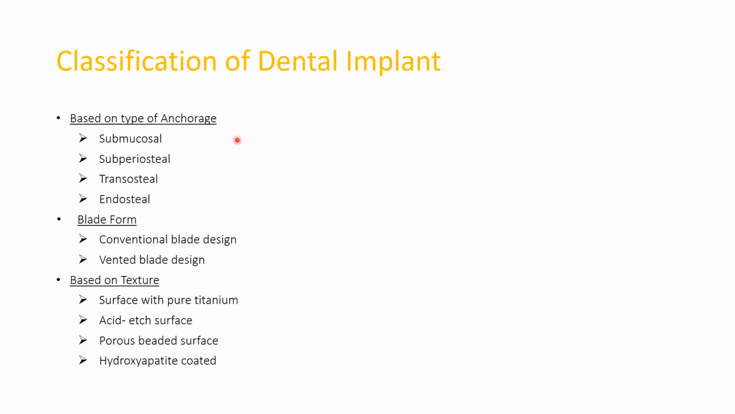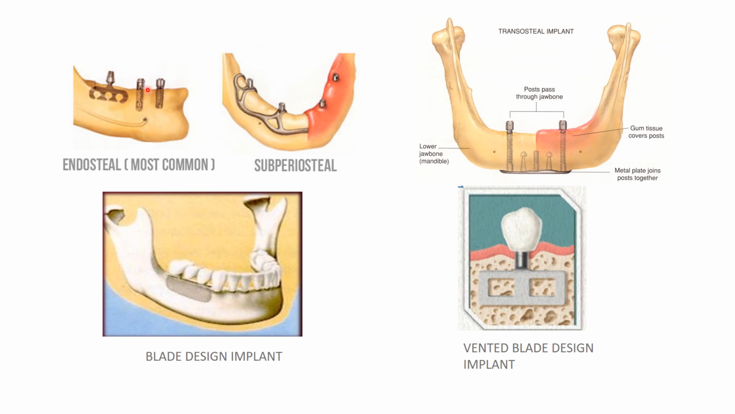So coming to classification of implants, based on the type of the anchorage, the implants may be classified as submucosal, subperiosteal, transosteal, endosteal. And based on the shape of the implant, they may be classified as blade form implant, such as a conventional blade or a vented blade design. And based on the surface texture, the implants may be either a pure machine titanium implant, or it may be acid etched surface, also known as SLA, and it may be a porous coated surface, or it may be a hydroxyapatite coated surface. So here we have the endosteal implants, the most commonly used implants nowadays in the dental industry, which account for